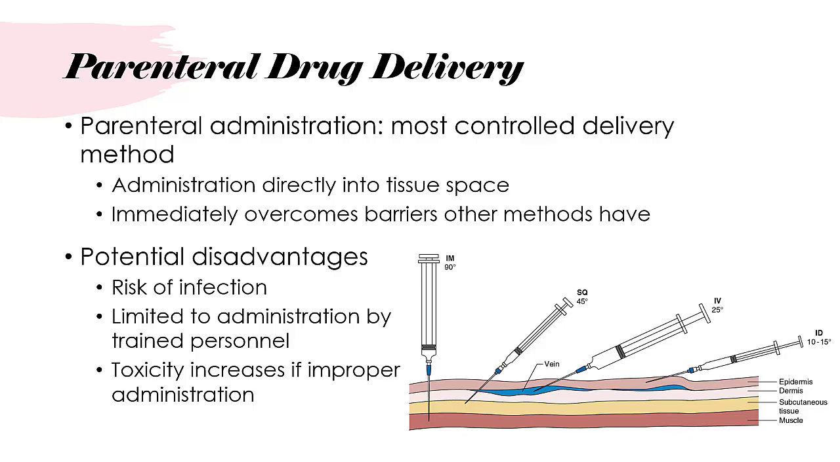Parenteral administration provides the most control over the dose of the drug delivered directly into the systemic circulation, cerebrospinal fluid, vascularized tissue, or some other tissue space. Drugs that are administered parenterally immediately overcome barriers that can limit the effectiveness of orally administered drugs. Prescribers use parenteral administration for drugs that are poorly absorbed from the GI tract or are unstable in the GI